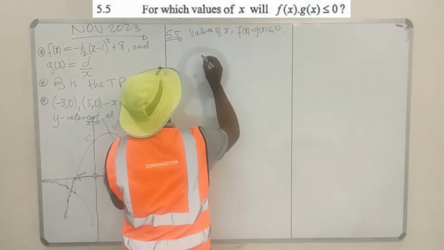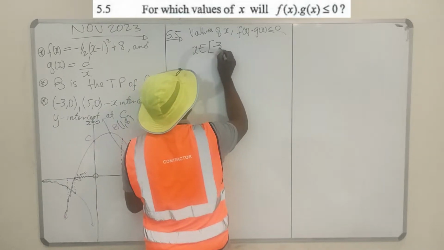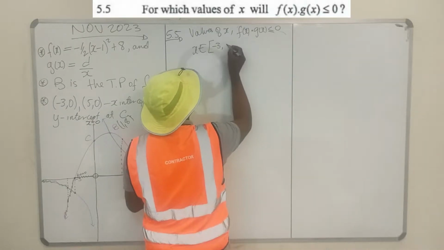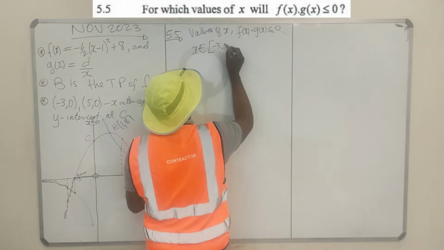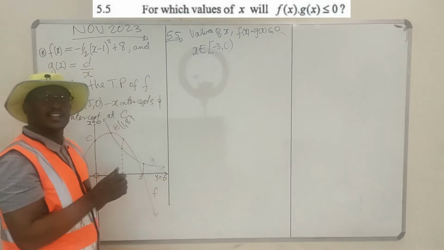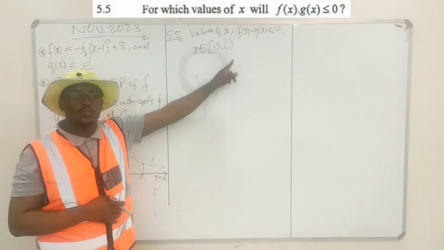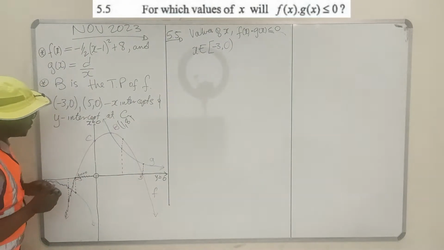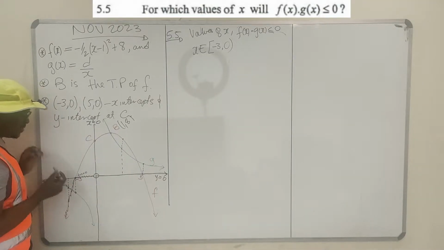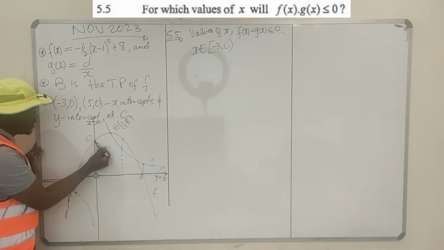So what is this interval? It's x from minus 3 to 0. We don't get to 0, right? Before 0. So I said use the round bracket because we're not including 0. Why are we not including 0? As much as f is positive at C,